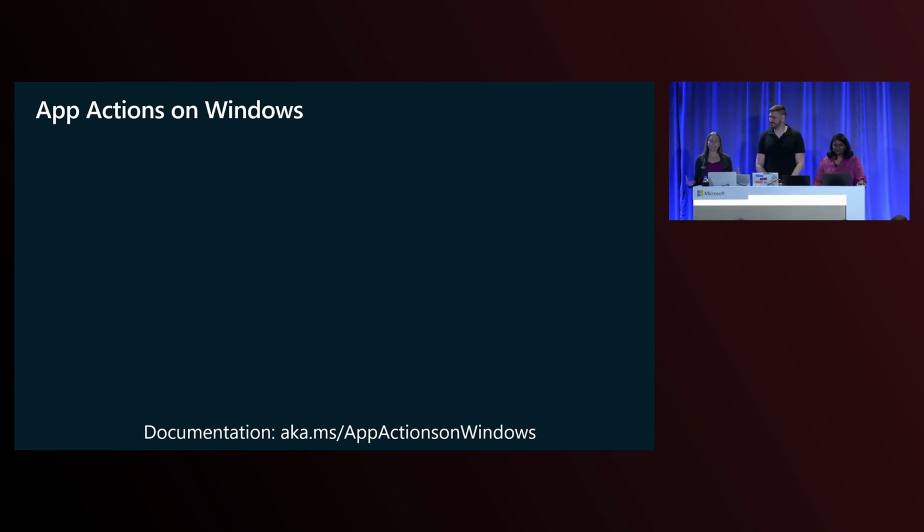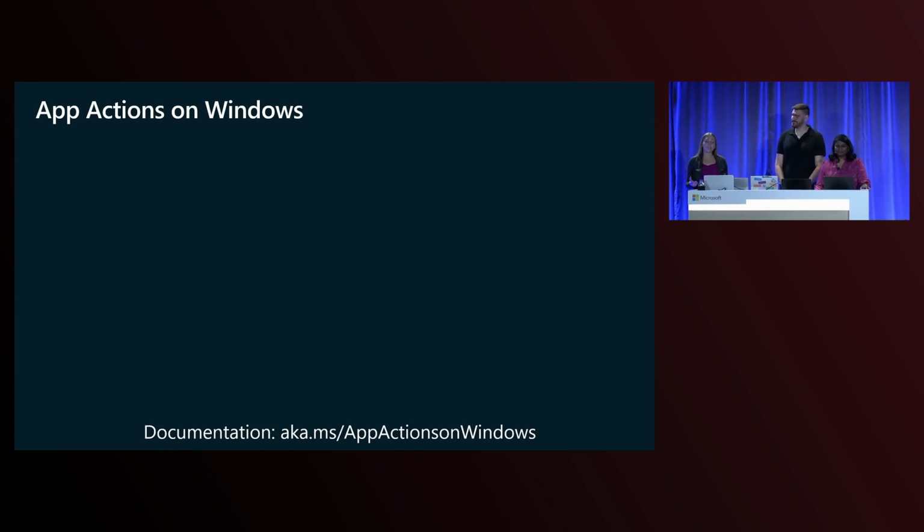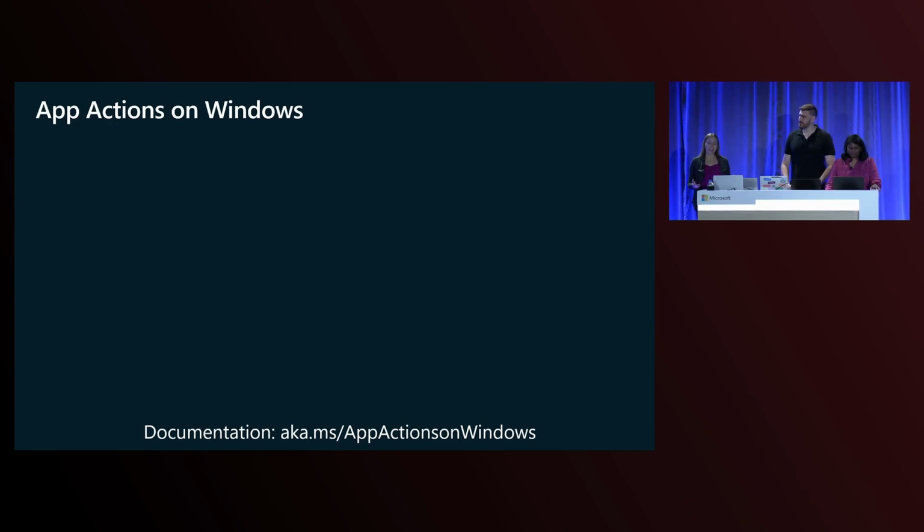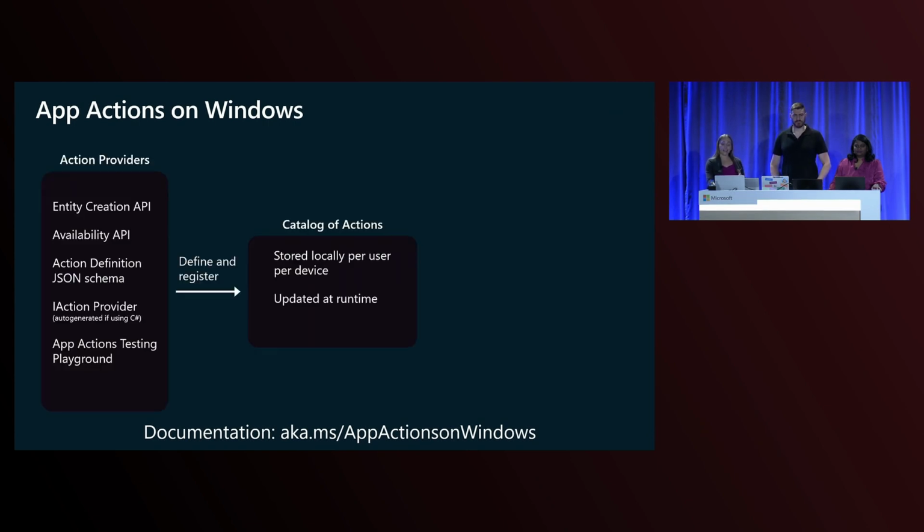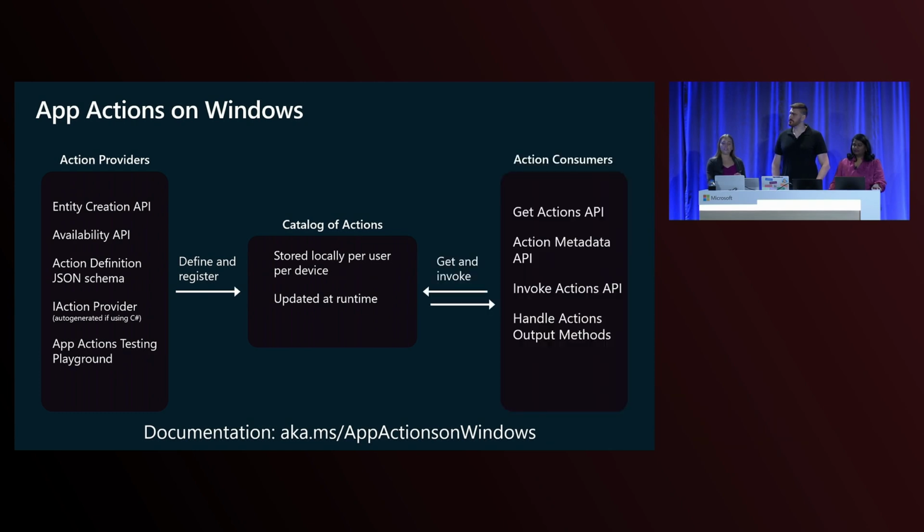So we're excited to be announcing today that we're releasing a new set of APIs and tools for app developers. We're calling it App Actions on Windows. These APIs and tools will enable you to build actions for your app's features, then register those actions into a catalog, and then those actions from that catalog will be able to be consumed by agents, LLMs, and other applications, thereby elevating your app's visibility and unlocking key entry points for you to reach users. There's a documentation link at the bottom if you want to check it out. That went live yesterday morning.